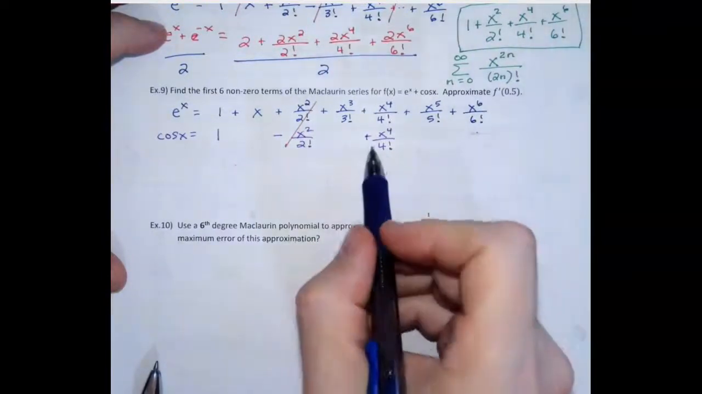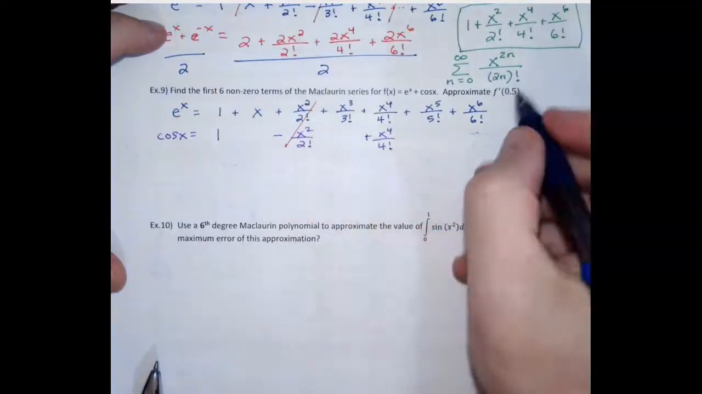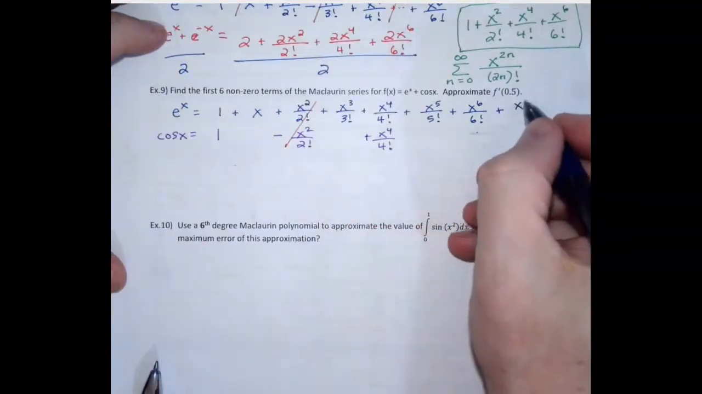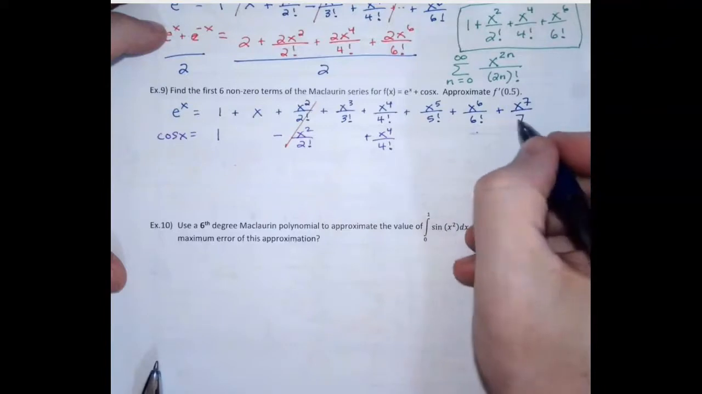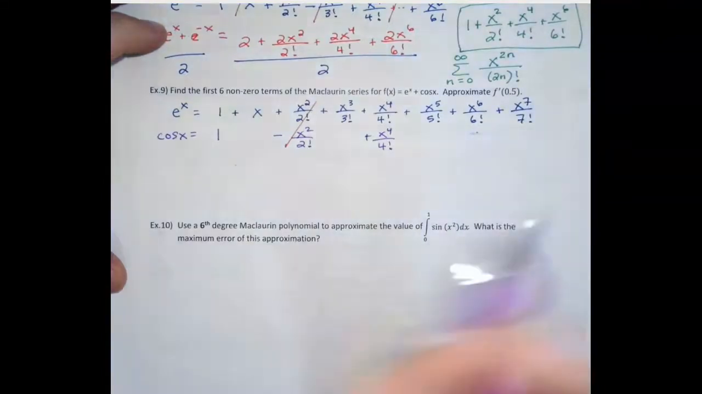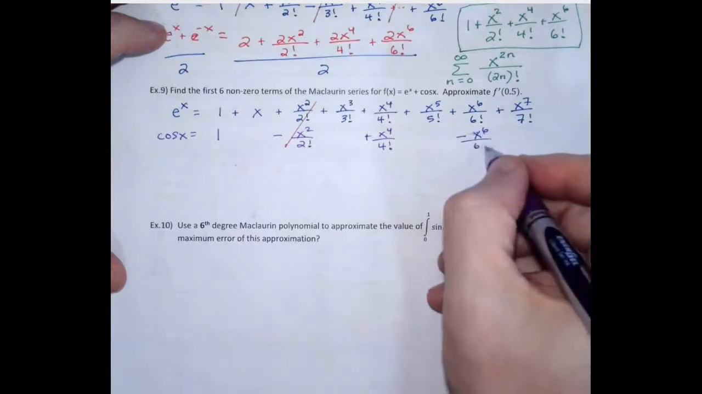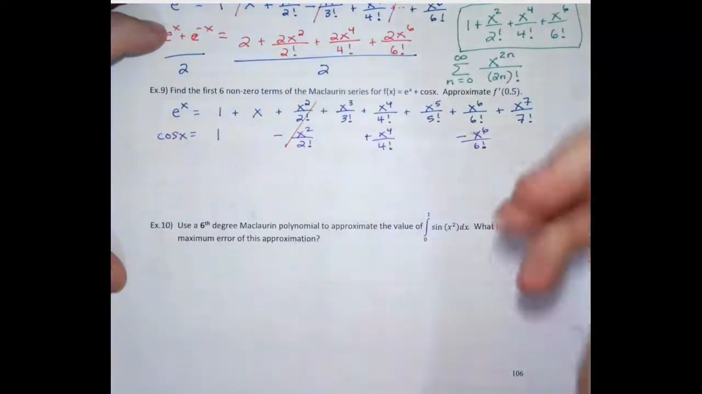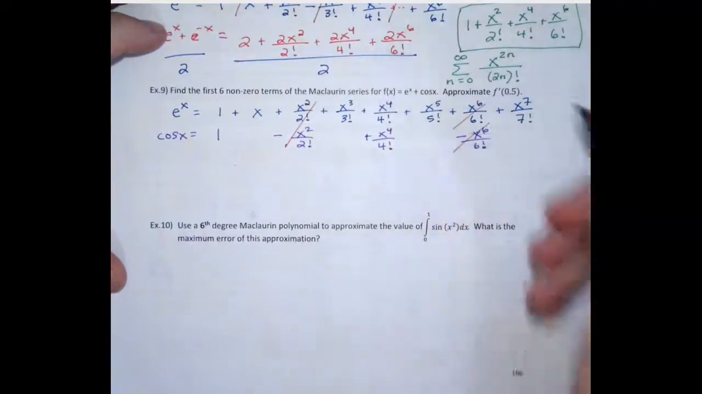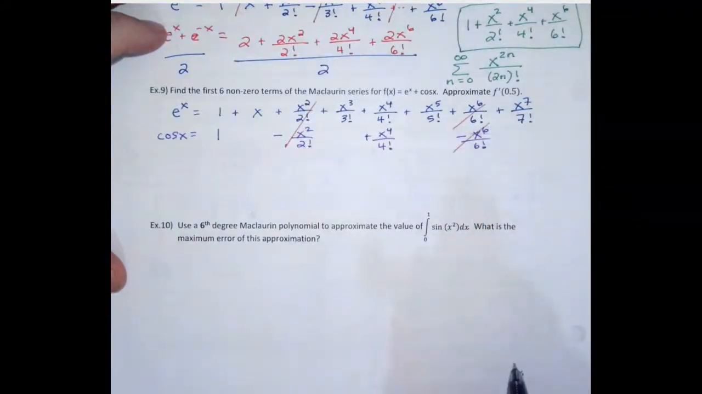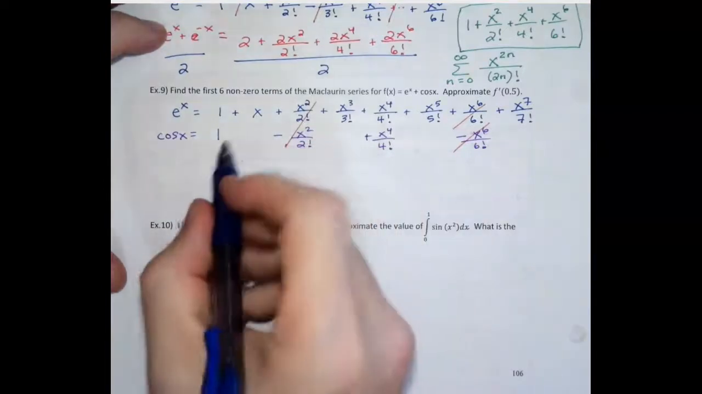But hopefully you realize that that next cosine term is going to be negative. It's going to cancel that out. So we're going to need another one there. So now if I come back down here, this is going to be negative x to the 6th over 6 factorial. So that's going to cancel out there. So now if we add those two together